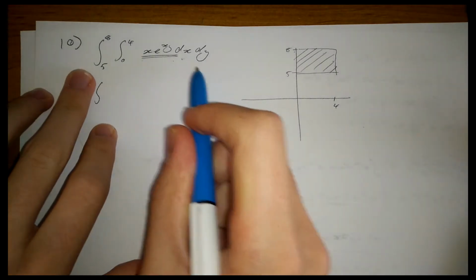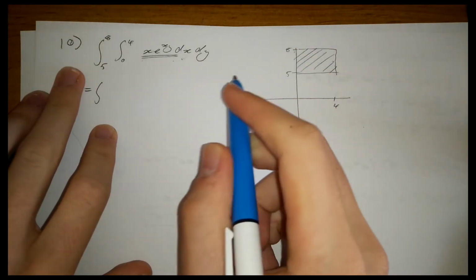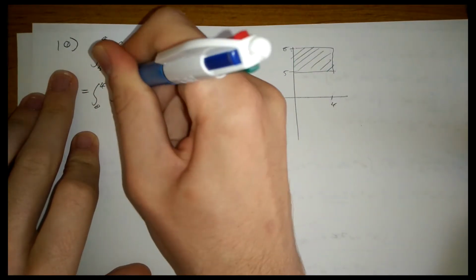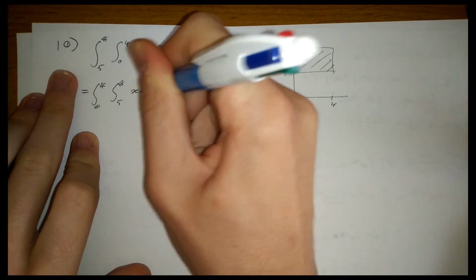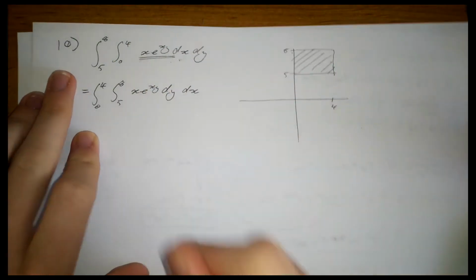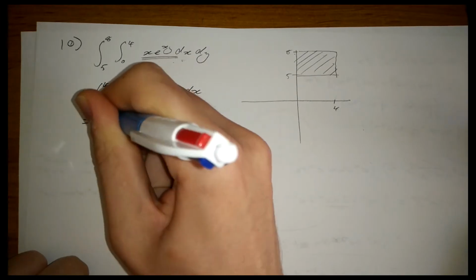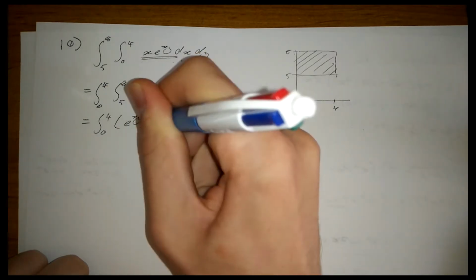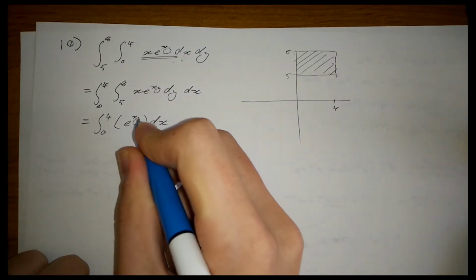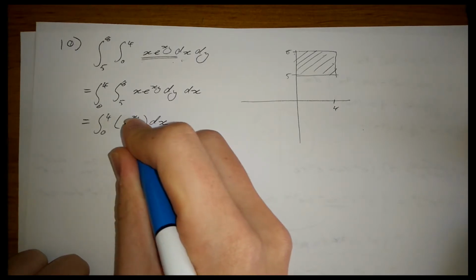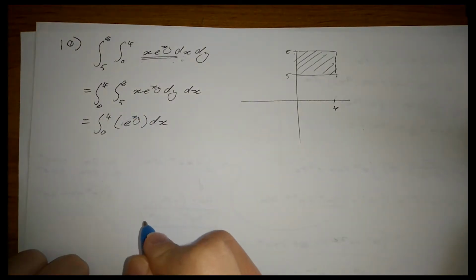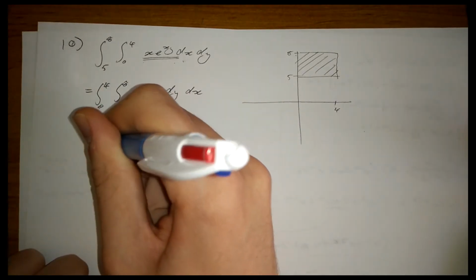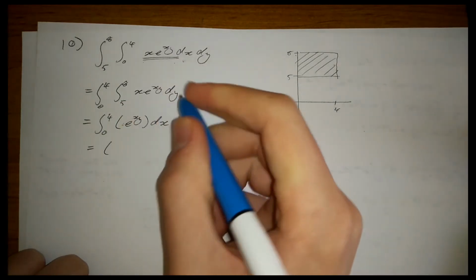So if we want to change the bounds, we'll integrate with respect to y first. So we integrate from 5 to 8. Second, we'll do 0 to 4. First, we'll do 5 to 8, x e to the xy, dy first, and then dx. Now we can do this. e to the xy dx. So if we differentiate this with respect to y, the x will come out front, which is exactly what we want. So now we just integrate this with respect to x, treating y as a constant, and we get, oh sorry, we need to,